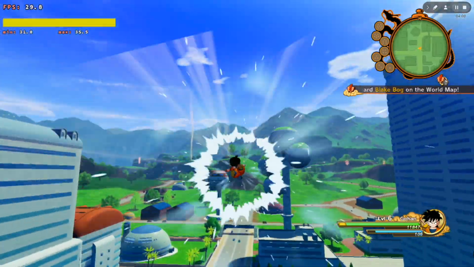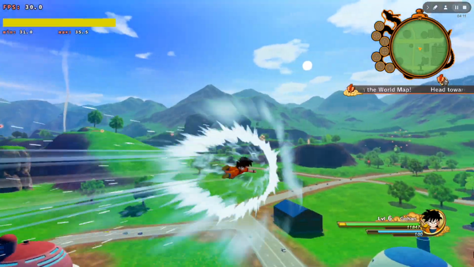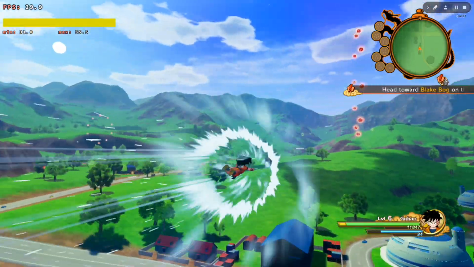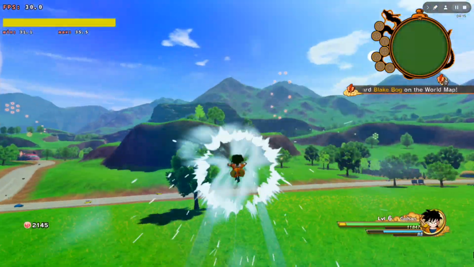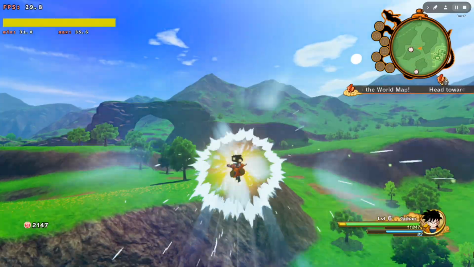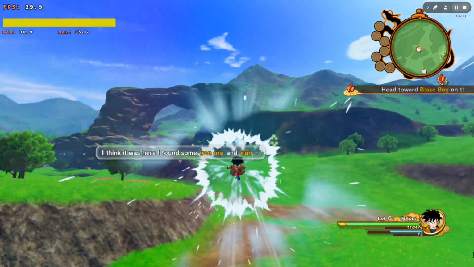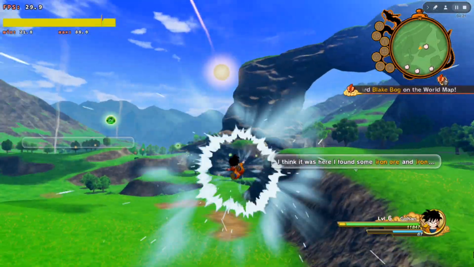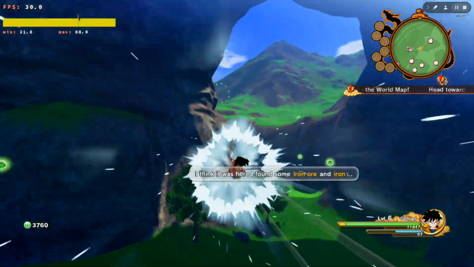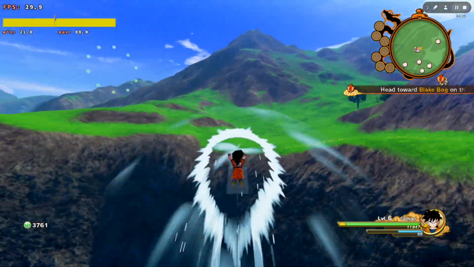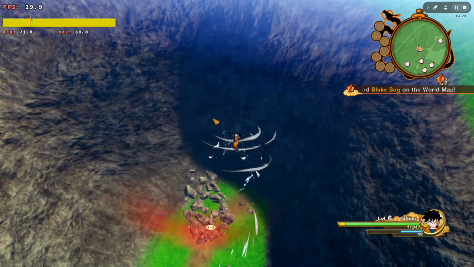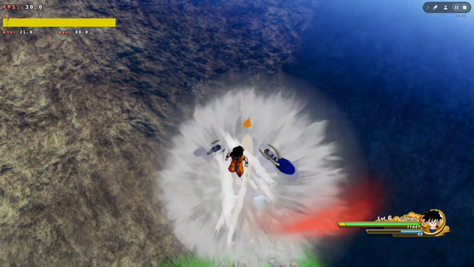And then here's me flying around, gathering some orbs, having a little skirmish with some robots, and doing a little bit of key blast mining. You can see the frame rate basically stays at a near perfect 30 FPS lock, like dropping to 29.9, 29.5, very, very briefly here and there, but